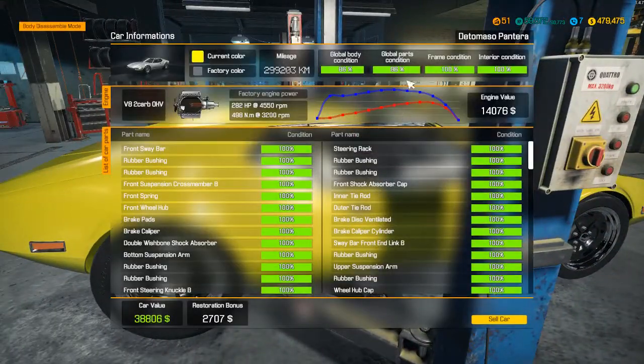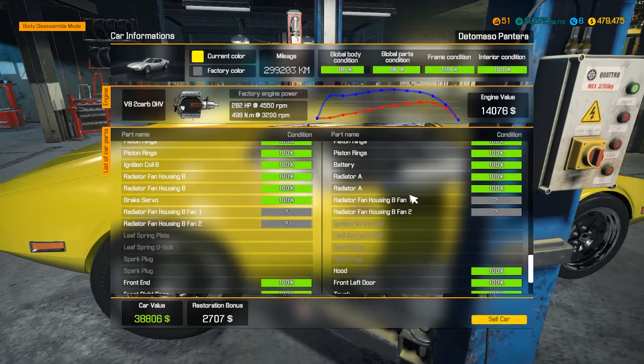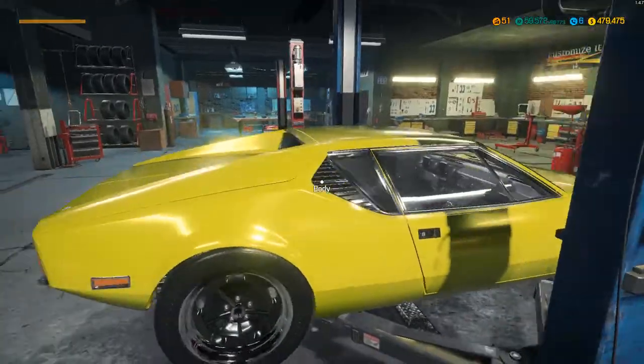Let's check the status report. Uh-oh, nope. Oh, God. Radiator fan housing. I already put those on. Ignition wires. Leaf spring U-bolts. Spark plugs. Oh, crap. Interior. Damn,